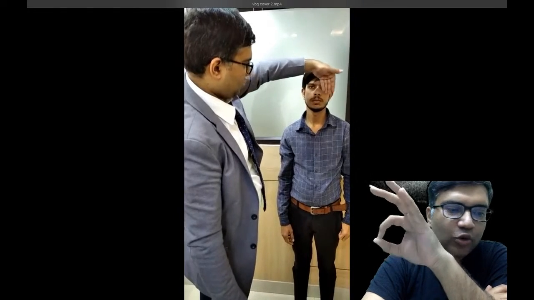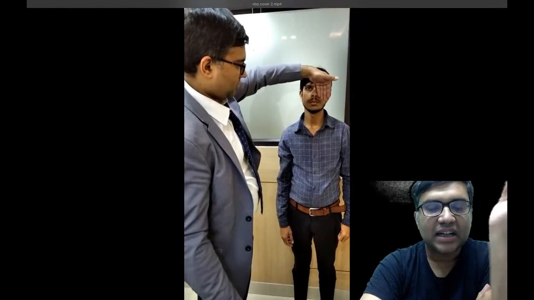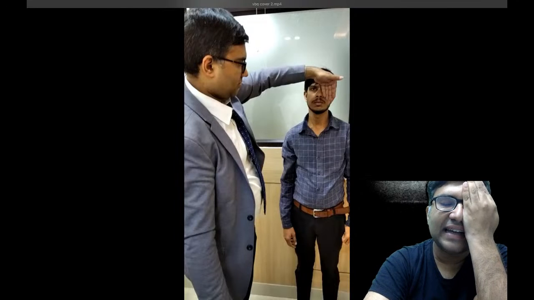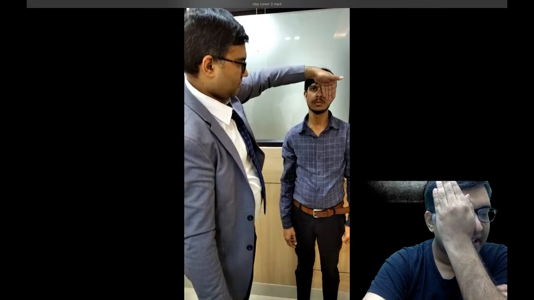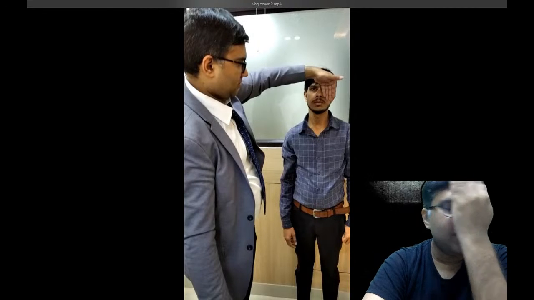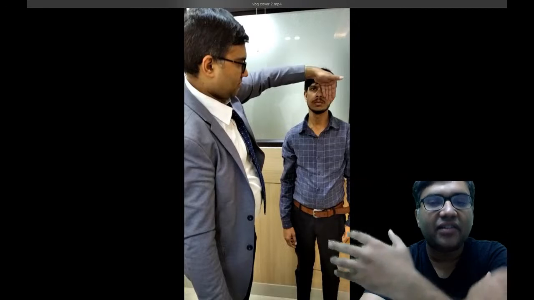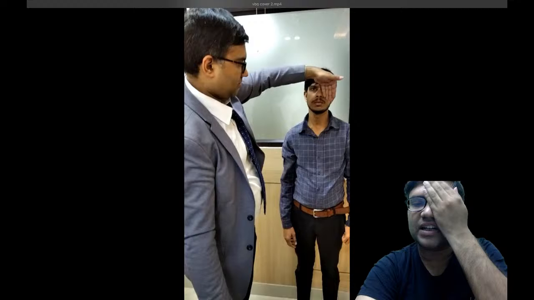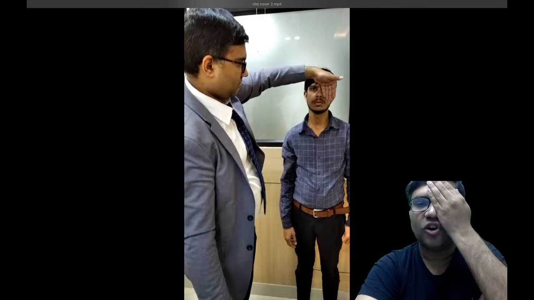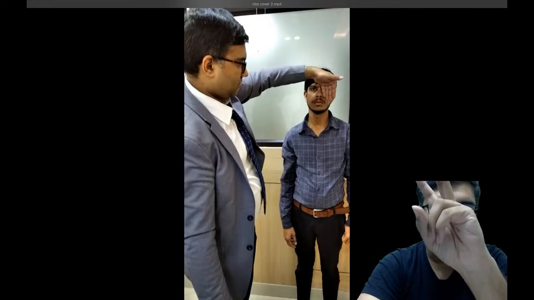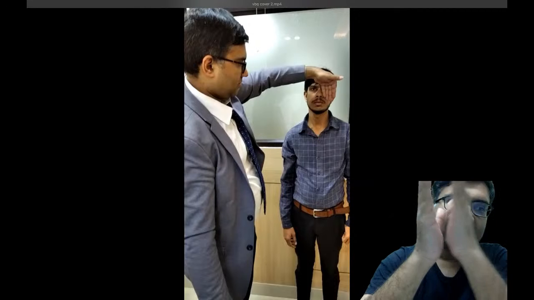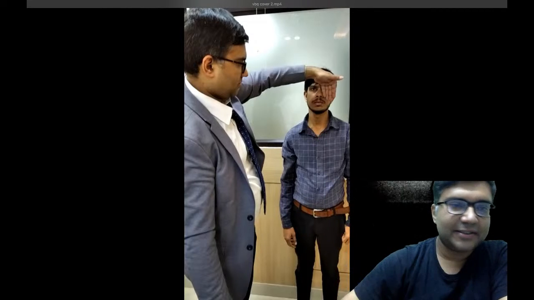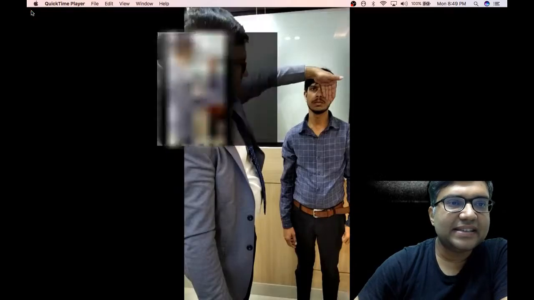So now can you get the difference, Dr. Ritik? In the cover uncover test, if I cover only one eye and then remove the cover, this is called the cover uncover test. In the alternate cover test, we cover the right eye and then we cover the left eye. So we have two types of test, the cover uncover test and the alternate cover test. Okay, let's see some more videos.